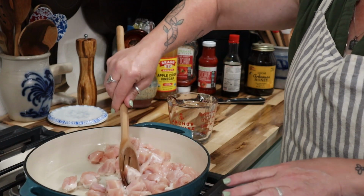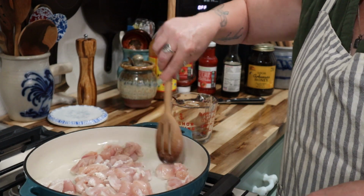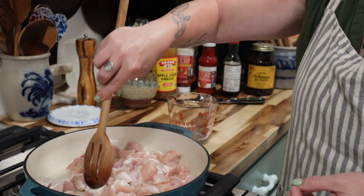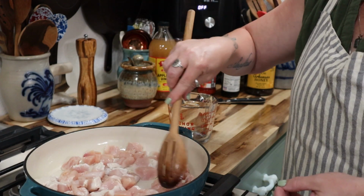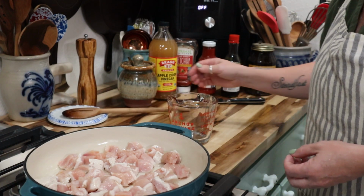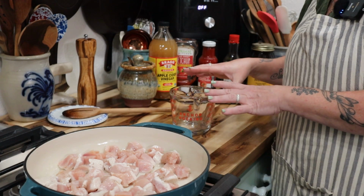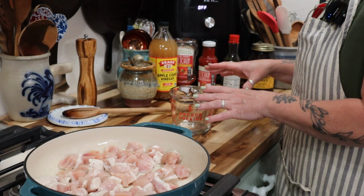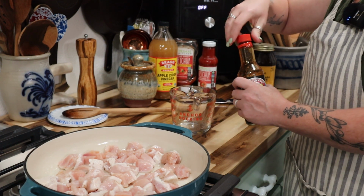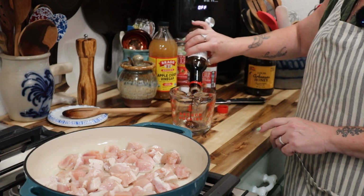So this is just going to cook for a few minutes. We're going to let it cook until the chicken is opaque and has little golden spots here and there. Alright, and while that is cooking, I'm going to go ahead and mix up the sauce that goes on top of this chicken. So to begin with, I'm going to need 1/3 cup of soy sauce,